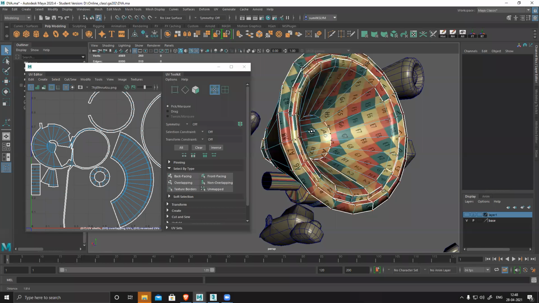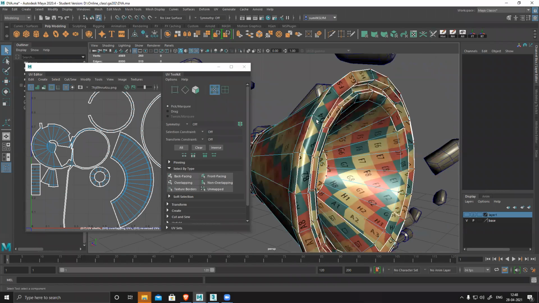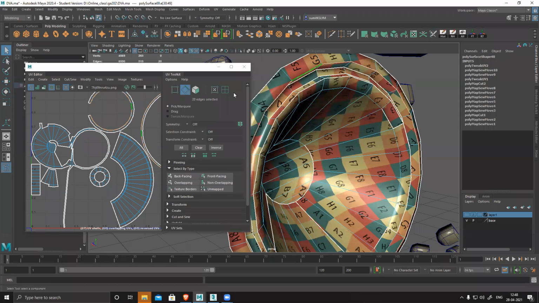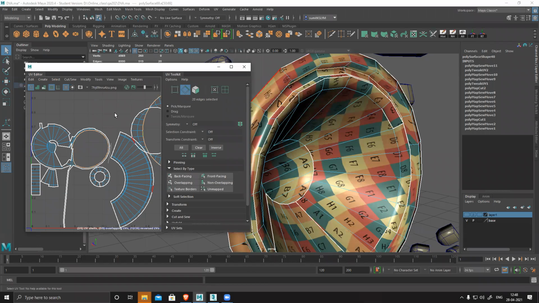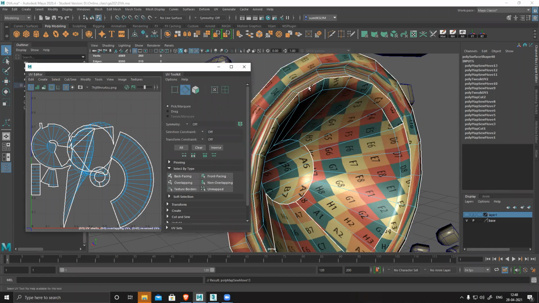Now inside this section, I have to stitch this thing together.